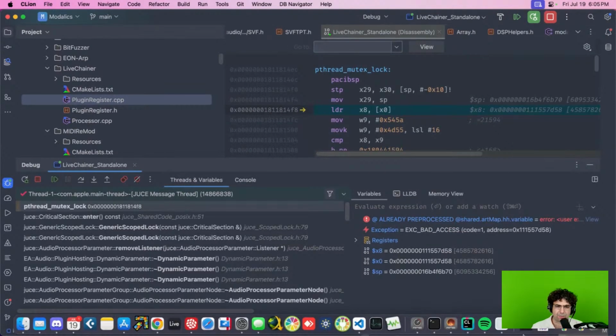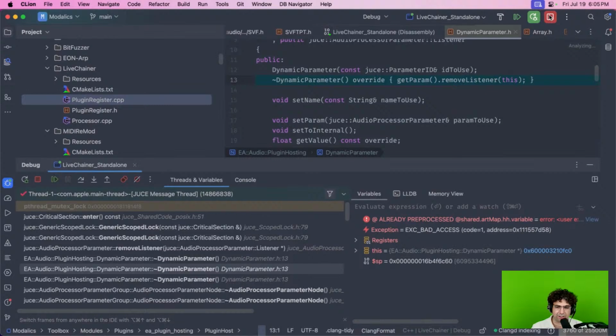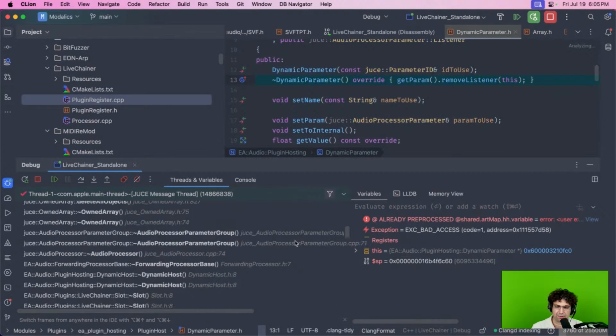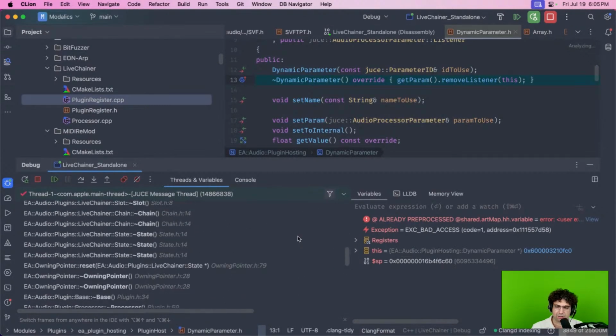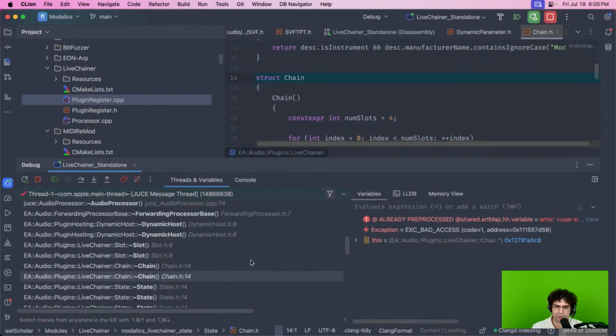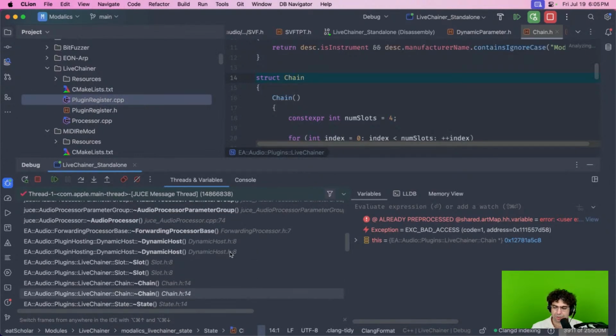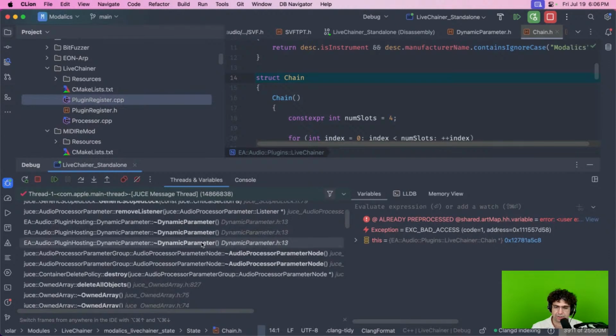Good. So we have the plugin chainer. Oh, I have this bug that I need to check. There's some crash here. It happens. Here goes the crash. It's on the chain. It gets destroyed, and then